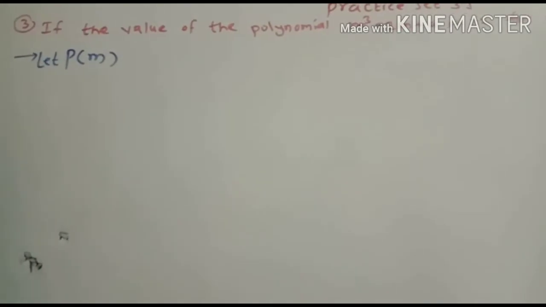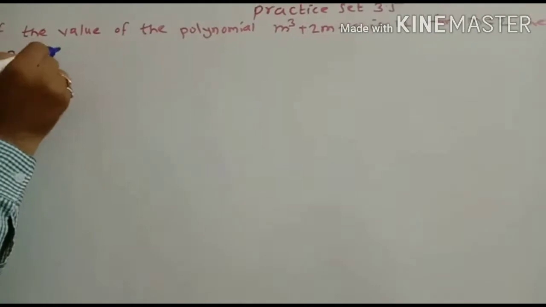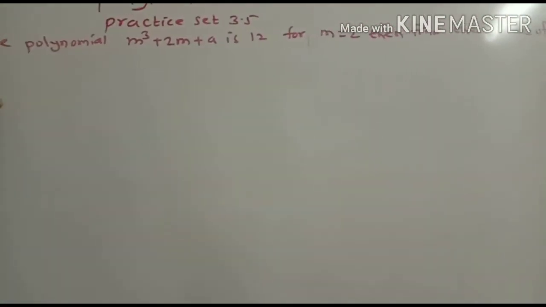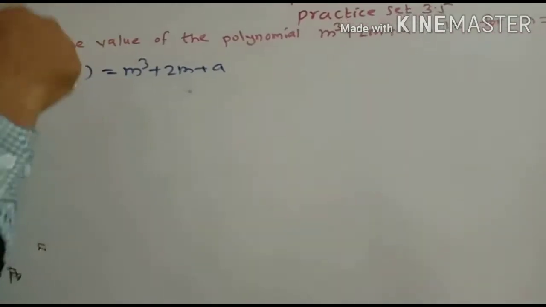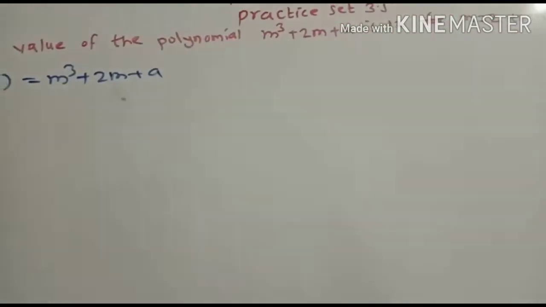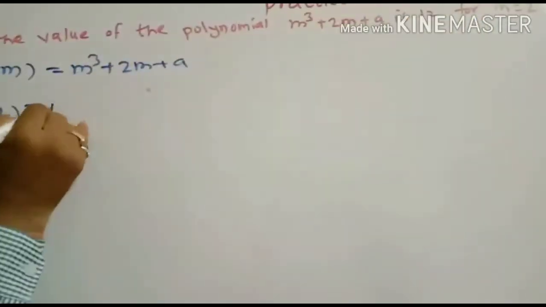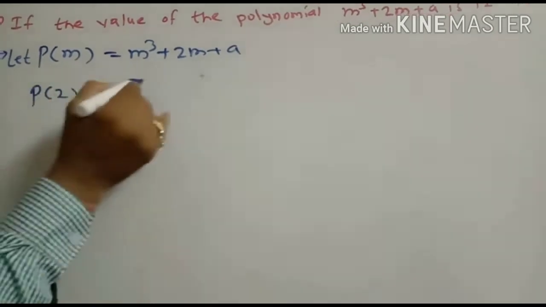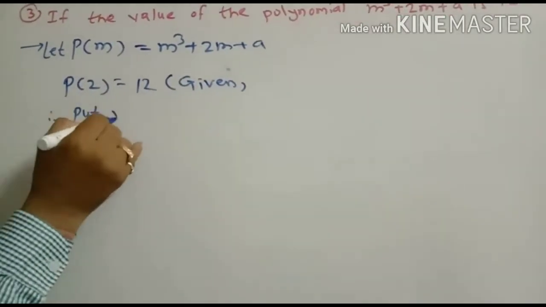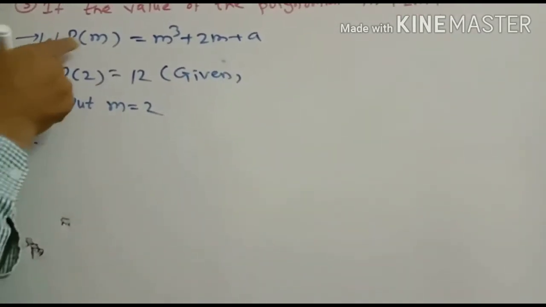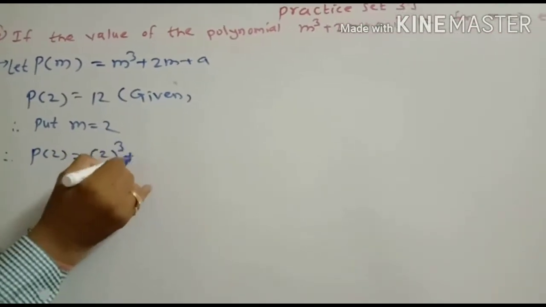Let us take P of m because the variable in the polynomial is m, therefore P of m is equal to m cube plus 2m plus a, and the value of this polynomial for m is equal to 2, that is P of 2, is given as 12. Therefore put m is equal to 2. P of 2 is equal to m cube means 2 cube plus